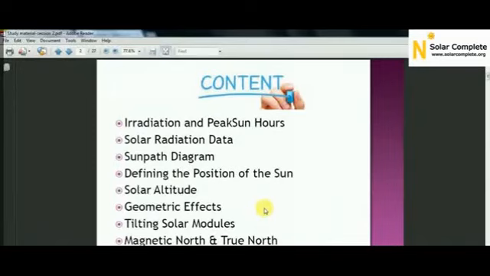The last topic we will see is the difference between magnetic north and true north. This concept is used more deeply in navigational areas like navigation in shipping, or whenever you are navigating somewhere. It is very important to know, but in solar it does not affect too much. We will give you a basic idea about this topic, because it is general knowledge about directions, and it will help you in your future. So let's start.